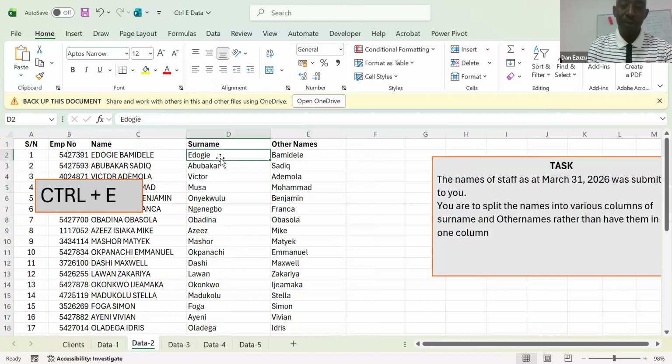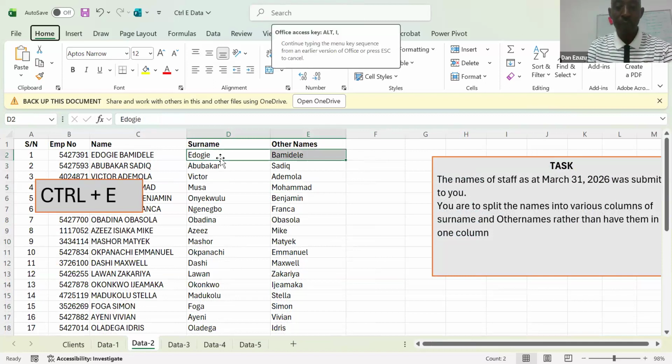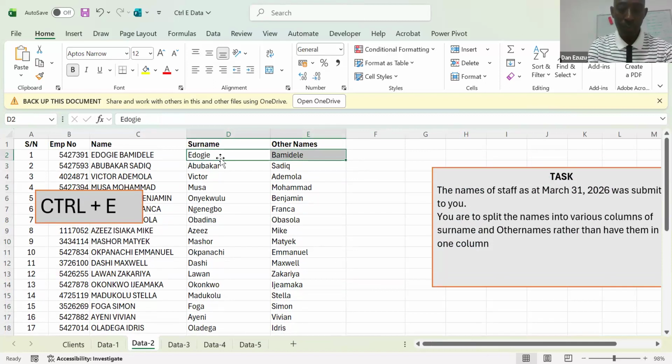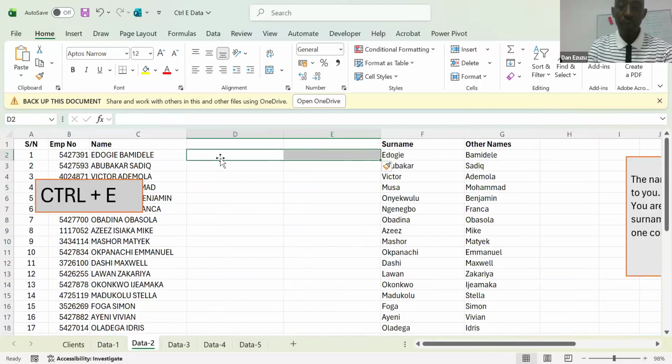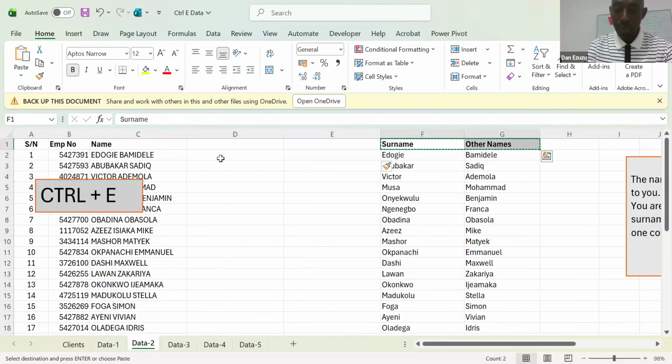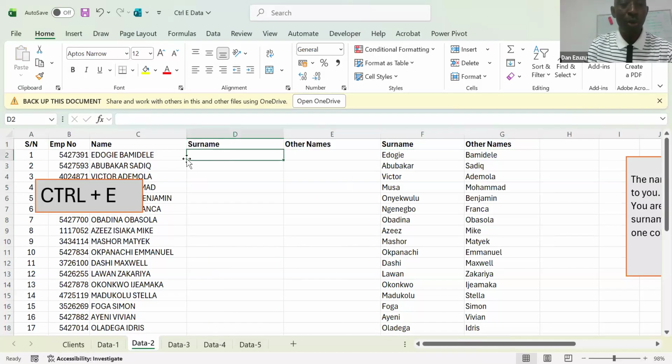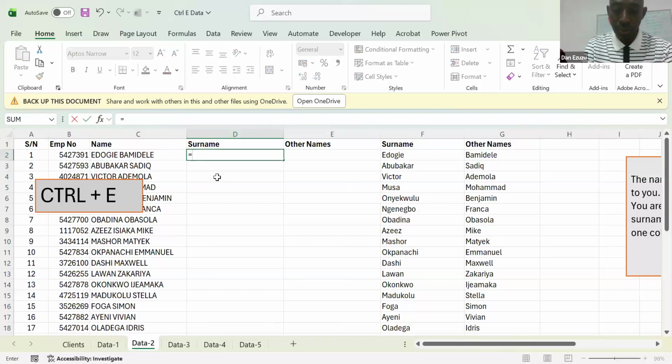Now, remember what we did last week. We did this same exercise last week. And what did we do? We came here and we said we want to take Edoke out. And we know that was the text appearing before our delimiter. Last week, we defined what a delimiter is. A delimiter is a common separator between words in a text that is consistent through all the items in the column. So we did this last week,